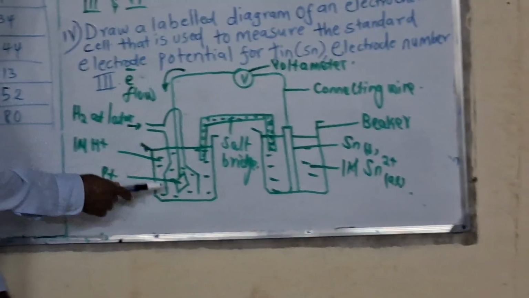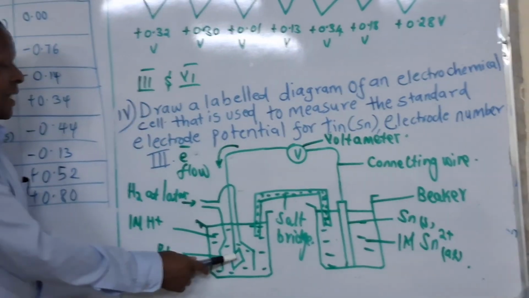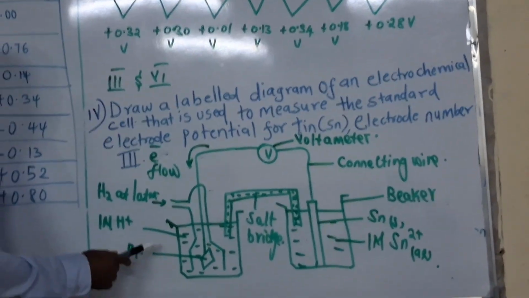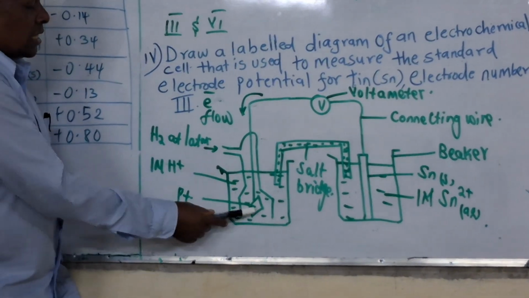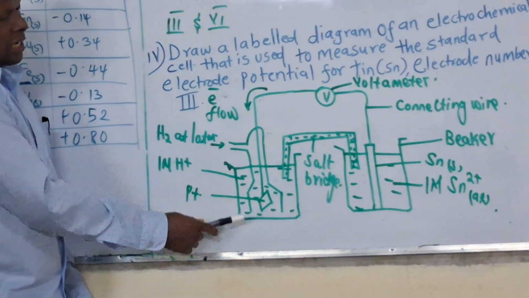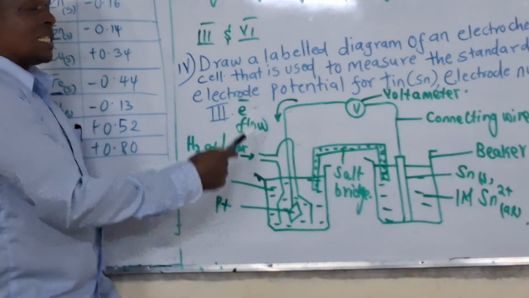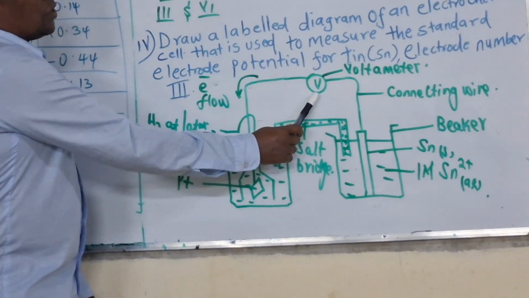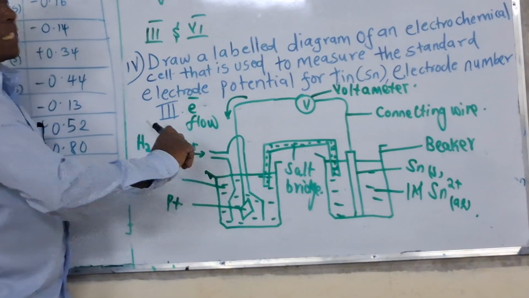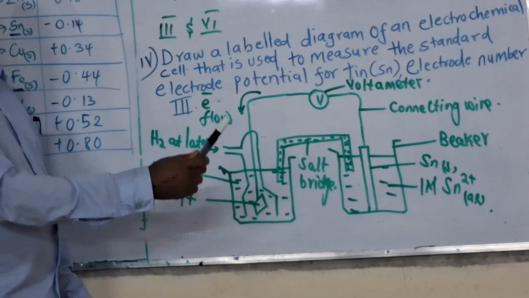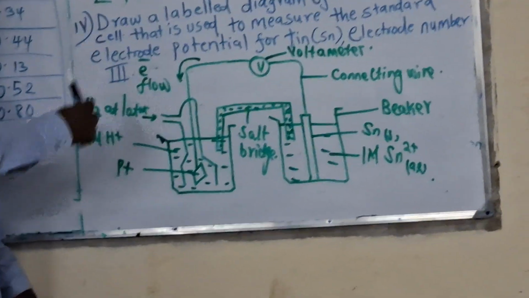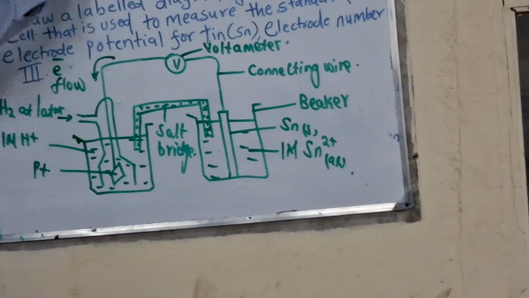But here, since hydrogen is a gas, we cannot have an electrode of hydrogen because hydrogen is not a solid. So instead, we use what? Platinum. So this is the setup. The flow of electrons is negative. So it means this voltmeter will not be deflecting to the right direction, but it is deflecting to the left direction. That's why the voltage is negative